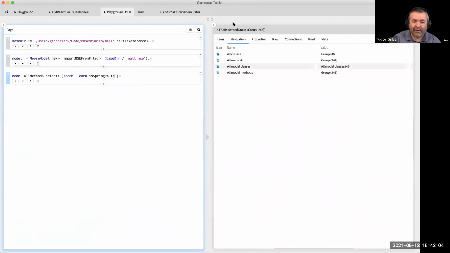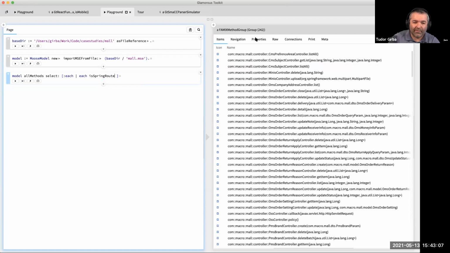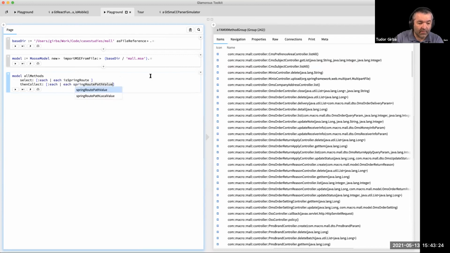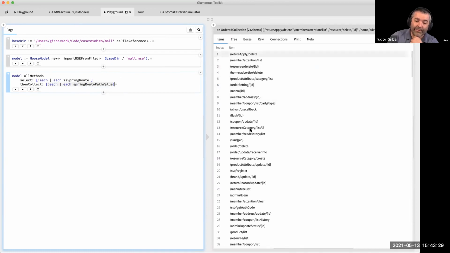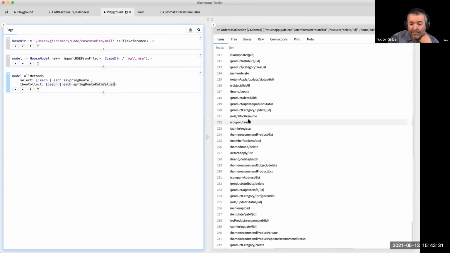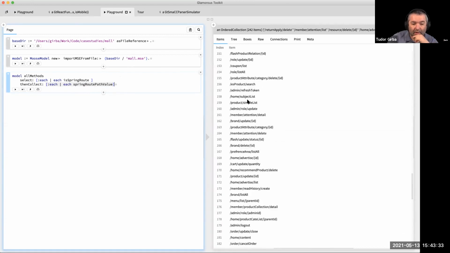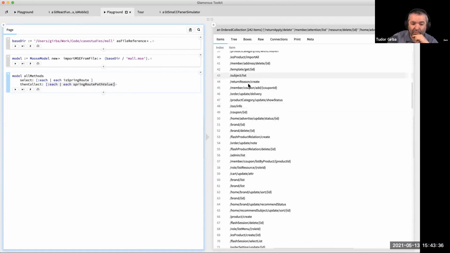And if I execute that, I'm going to have 242 of them. And from each of these methods, give me the Spring Root path value. If I execute that, I'm getting this. So I'm getting basically all the paths that have a method associated with them,